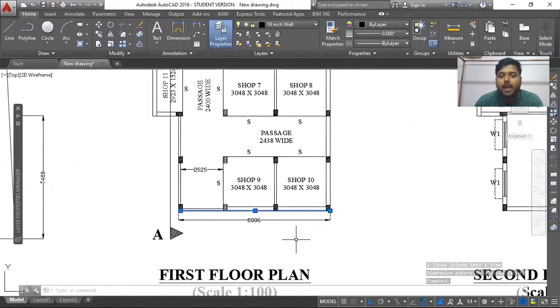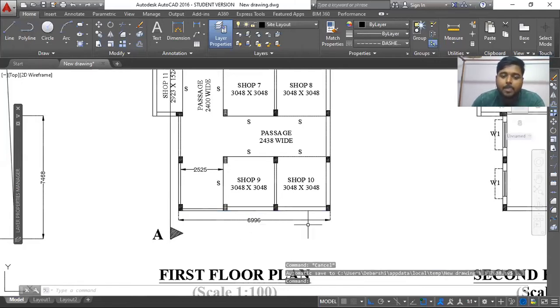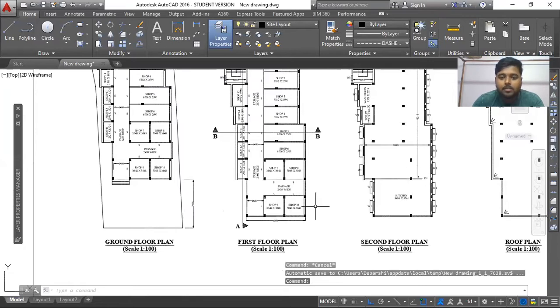So 9 centimeter, I'll multiply it 100 times. That becomes 9 meter, and exactly my drawing on this side is 9 meter. That means your scaling has been done properly. That's when you will understand that you have done something correct. And if it is not matching, then you have some problem, so ask me or share the plan with me. I'll recheck it. Okay, so do it.